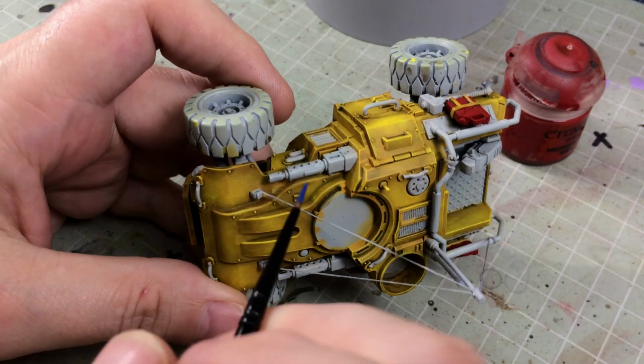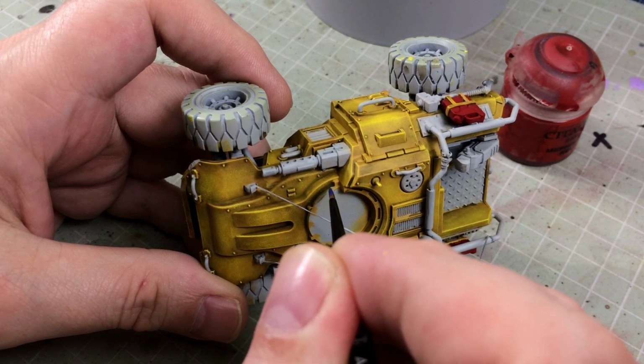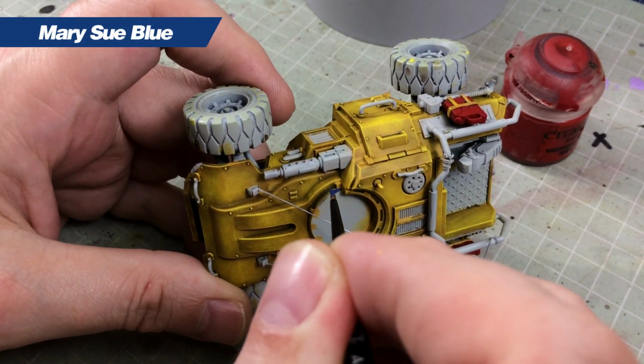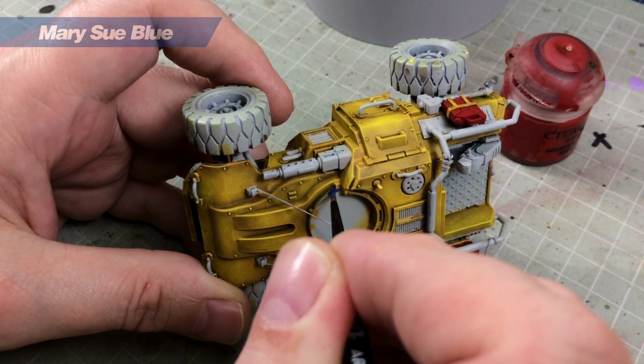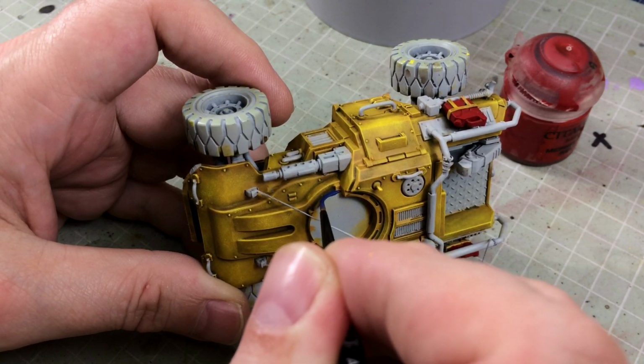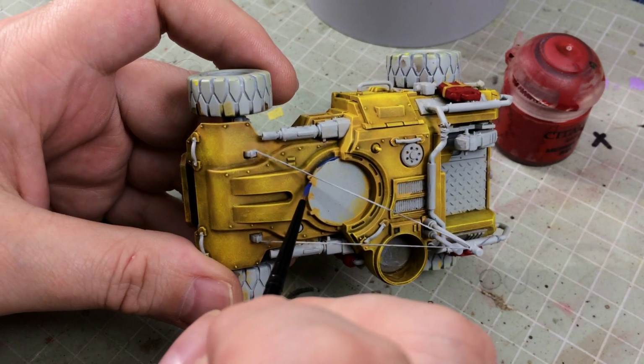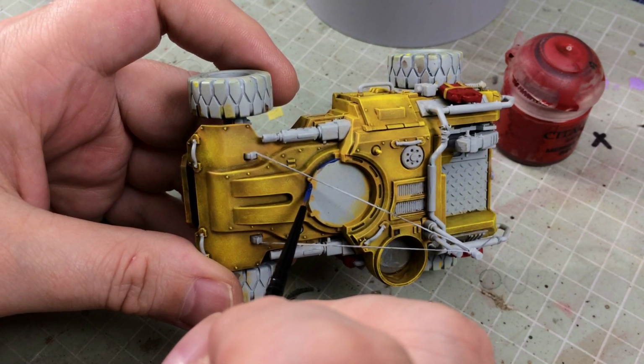Next thing along, I need to get the windscreen painted, and for this I'm using Macragge Blue. Now it's only a very thin sliver of windscreen on this, but my plan is I'm going to use a technique that's been long used in comic books for decades, and that is to paint it blue and then use black to get this kind of...